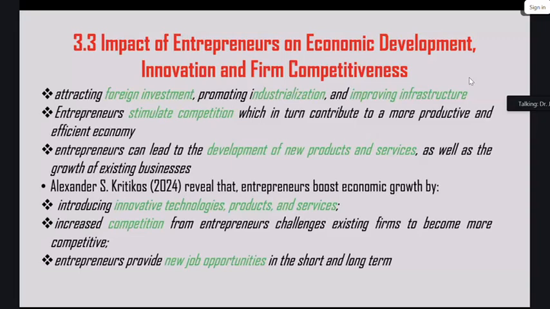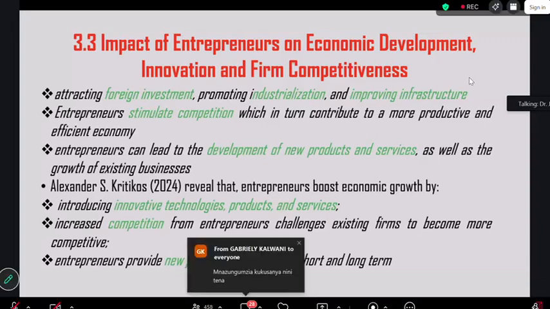So entrepreneurs provide new job opportunities in short and long-term perspectives. And we know that we have problems in our country. Kwa sababu sasa hivi kidogo kuna changamoto ya ajira. And based on that, these people are always the ones who provide job opportunities. And this can also be proved, kuna study ambazo zimefanyika kwamba the government cannot employ more than 10% of the population. Kama tukiangalia kwa Tanzania, we are almost 60 million. If we are 60 million, that means our government cannot employ more than 10% in order to remain sustainable